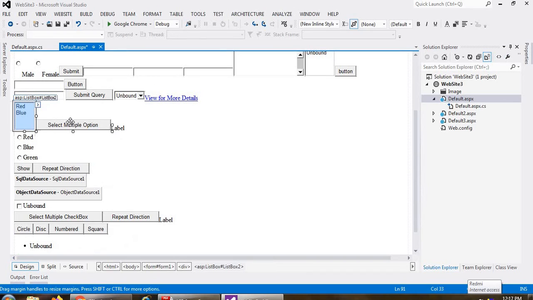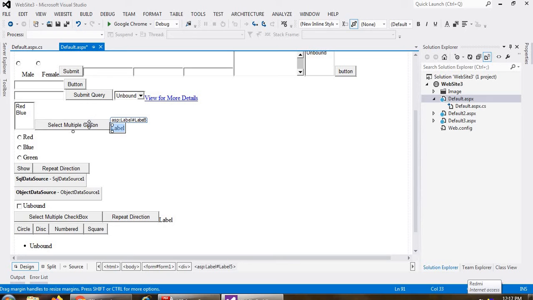And second thing, I have taken a button also. If I want to select multiple items over here, then display on your label how many items you have selected, all items display in your label. मैं जितनी भी आइटम सेलेक्ट करूँगा इसमें से लिस्ट बॉक्स के अंदर, एंड व्हेन आई क्लिक द सेलेक्ट मल्टीपल ऑप्शन, मैं यहाँ पर क्लिक करूँगा तो जितने भी मैंने आइटम सेलेक्ट किए वो सब आइटम लेबल के अंदर डिस्प्ले हो, राइट? एंड हाउ आई कैन डू इट?